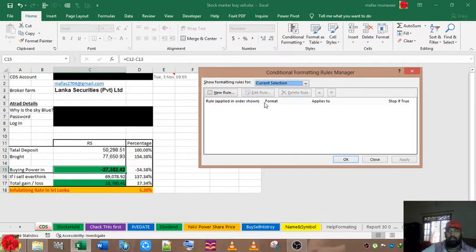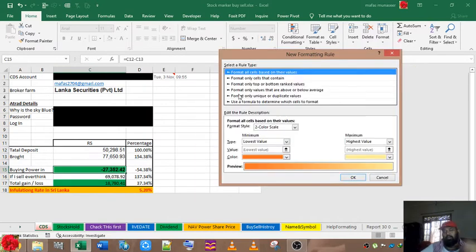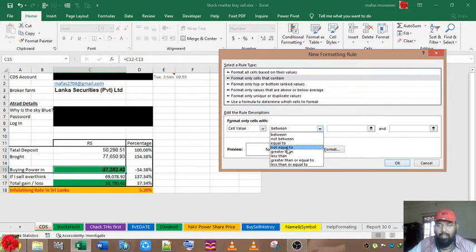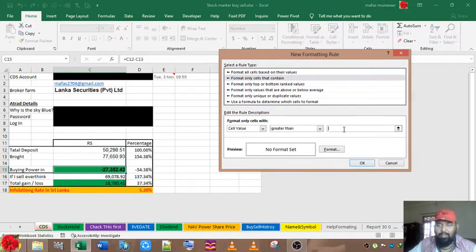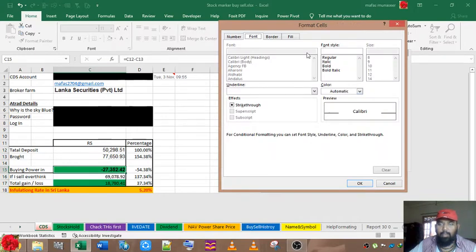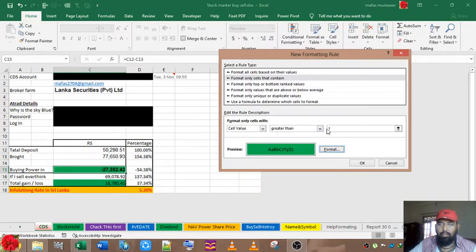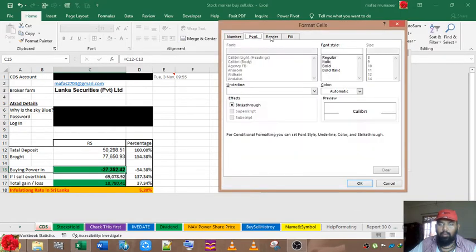There are certain rules here. I didn't mention it, I marked it down manually, sorry. For that, I'm going to use between, not equal to, not less, greater than 1. I'm going to mark it with a green fill and bold font.